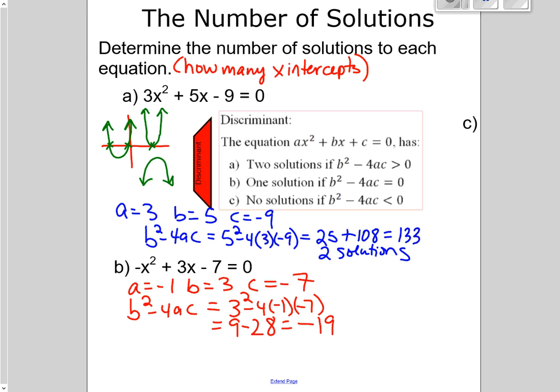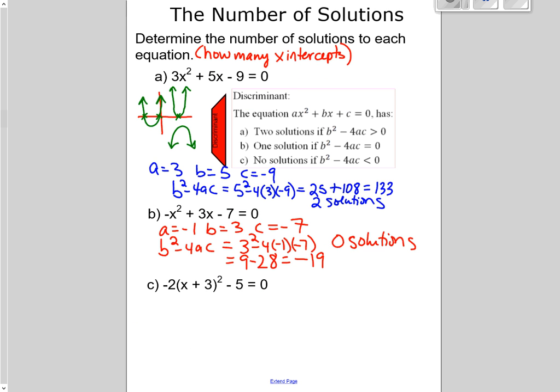Again, it's not the actual number, it's the negative part. Tells me that there are 0 solutions to this. So this would be a parabola that opens up above the x-axis or opens down below the x-axis. Okay. Now,